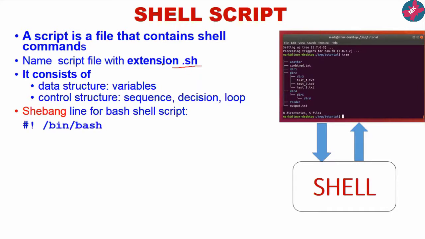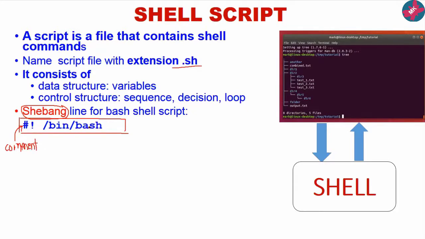See the top line. The hash sign and exclamation sign are used, and this is the path where the bash shell resides. This is known as the shebang line. The hash symbol is actually used for giving comments in the shell script.